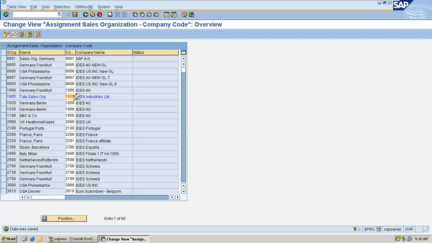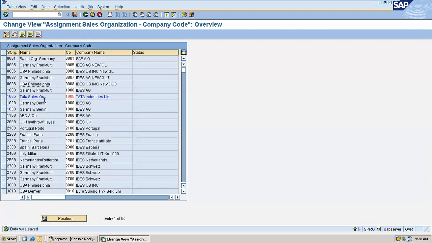Got it? Any questions on this screen assignment? So SAP has provided options to assign one sales org to one company code only. But why is it allowed here to change? When you create a sales org in the enterprise structure definition, that will get updated here in this column.